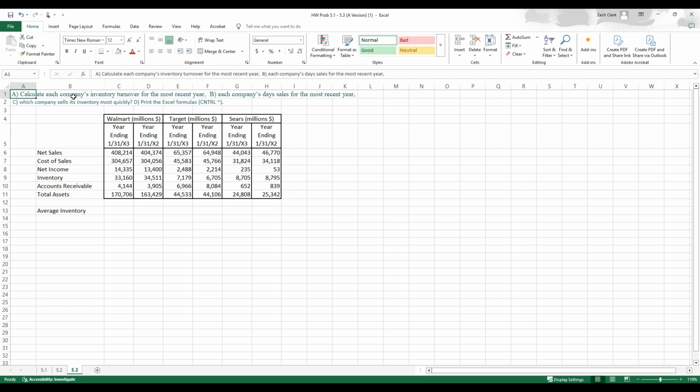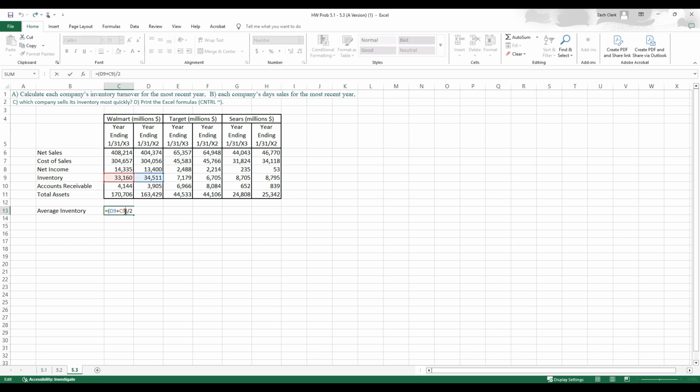because we need to calculate the inventory turnover, and inventory turnover ratio is the cost of goods sold divided by the average inventory. So let's figure out average inventory first. The way that we're doing our averages here is just taking beginning plus ending divided by 2, essentially. So we're going to take our beginning inventory, or another way to say beginning of this year is the ending of last year. So